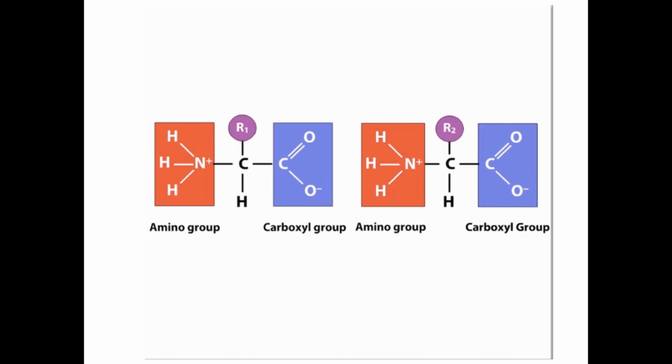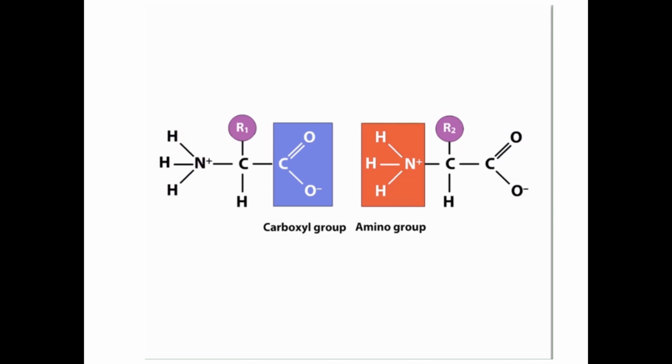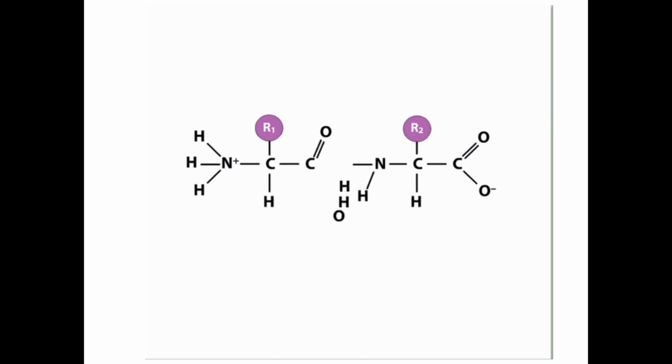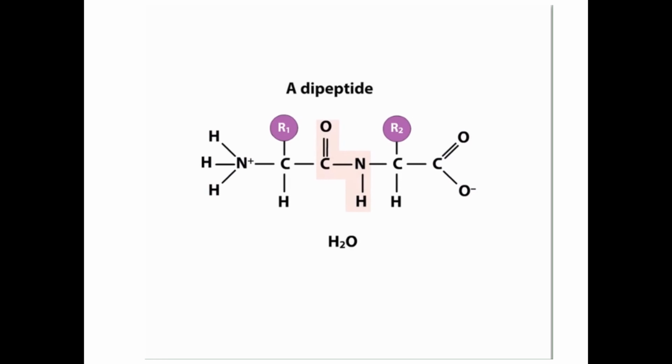The subunits of polypeptides are amino acids. The amino acids are connected by a covalent bond called the peptide bond. An amino acid has one or more amino groups and one or more carboxyl groups. Two amino acids can be joined by a dehydration reaction